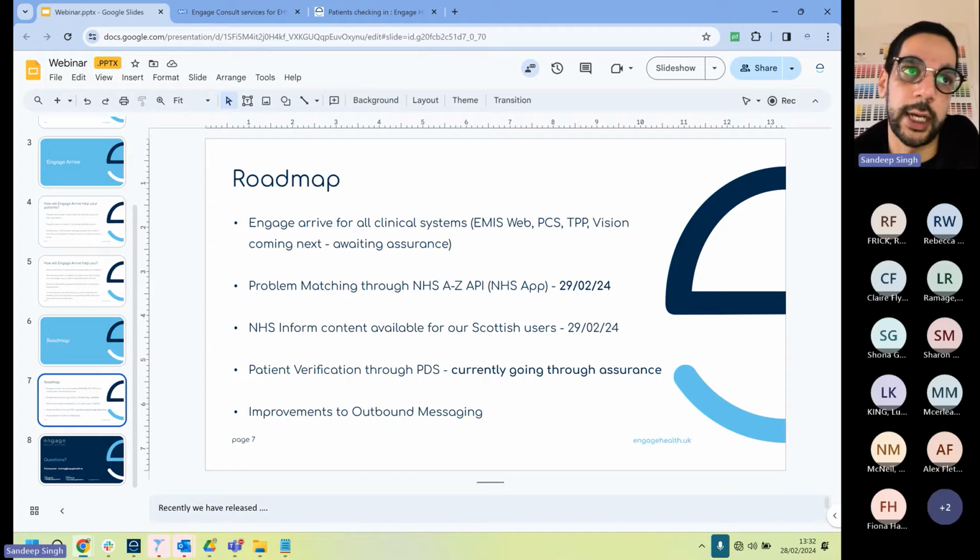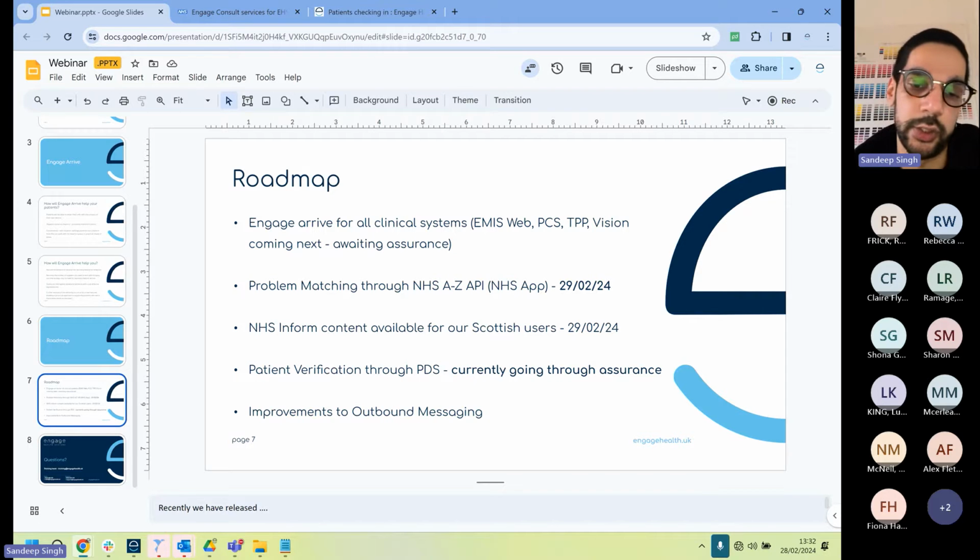And another one to highlight for us specifically, we've had a lot of requests for our outbound messaging to be improved, and we have listened to a lot of feedback on that. We had the option to prevent patients replying in two-way messaging. That is something that we'll be looking to include on our outbound messaging as well. Appointment links will also be available through outbound messaging in the future. Prioritizing those outbound messages as well, and just general improvements to that service overall,